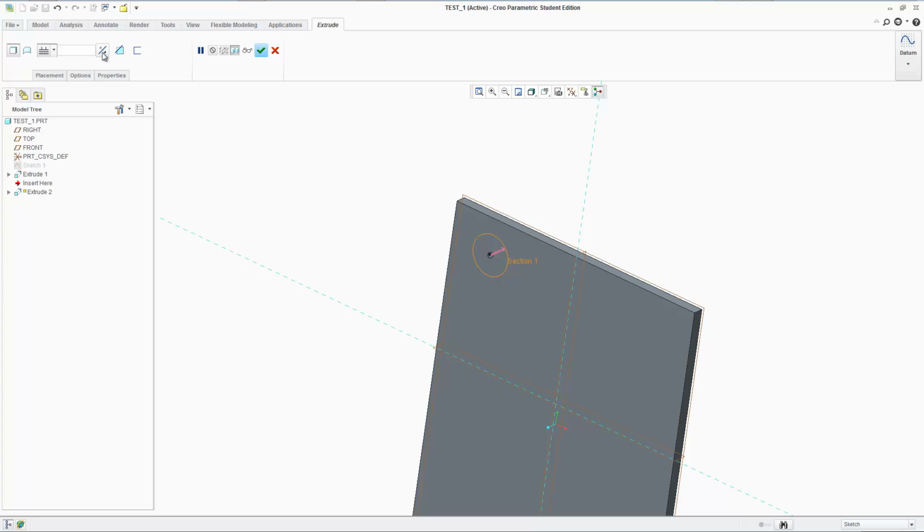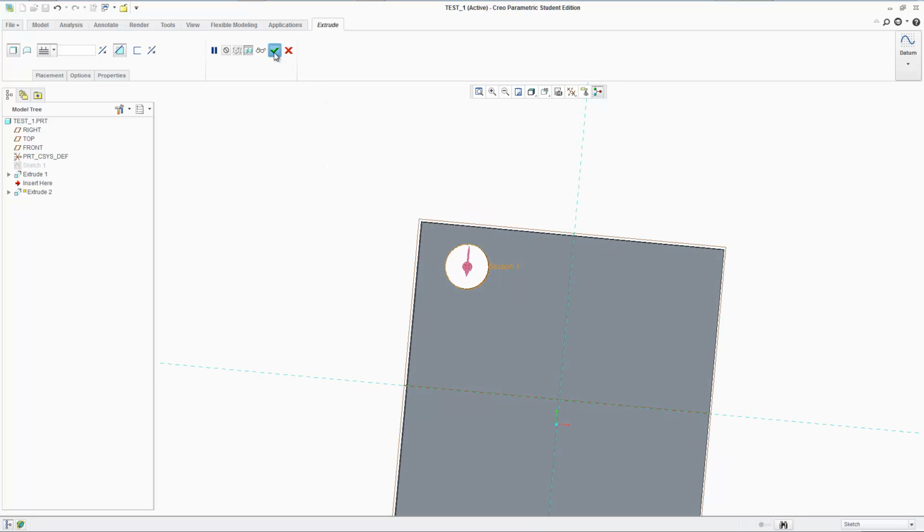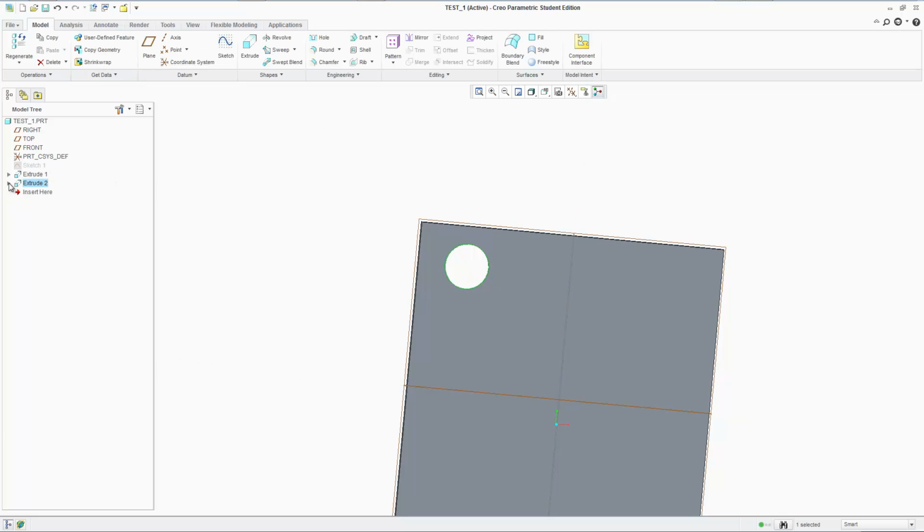But this time we're going to do something different. We're going to select this right here, remove material. So since we already have material there and we want to get rid of it, we can just say remove material, and it's going to remove that material. Very standard stuff right here. And then if you want to change the dimensions of this, you can just go back, click the drop down thing. This is a drop down thing,